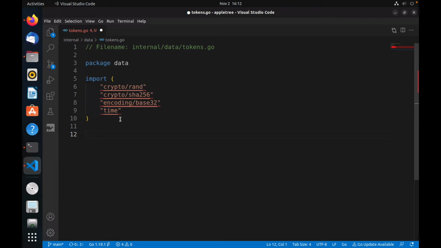Okay, so we need to specify, since we will be having different types of tokens, let's just create the different types. So token types, which we are calling scopes. Okay, but let me change this to types and say categories. Yeah. So I will make that a constant. And so the first one we need, we're going to call it scope activation. Okay. And so this is just another way of saying activation. All right. So later on we'll add more categories, but for now all we need is the activation